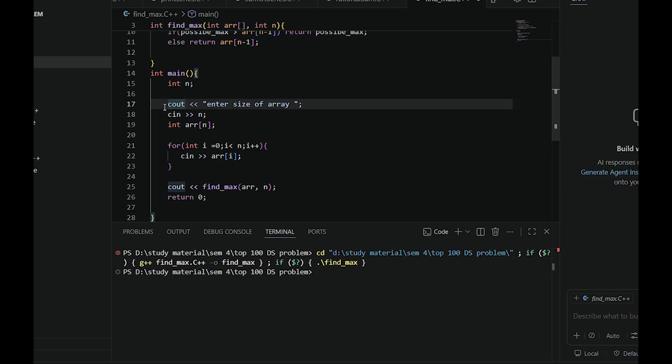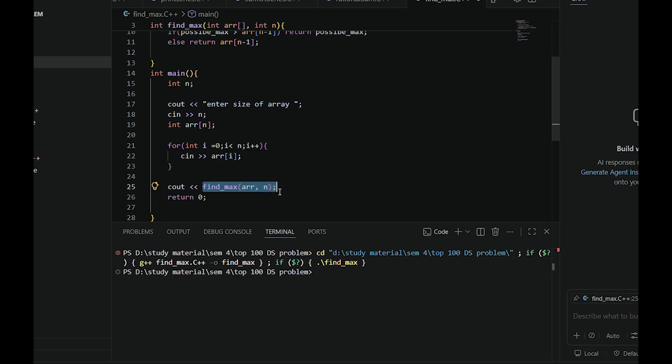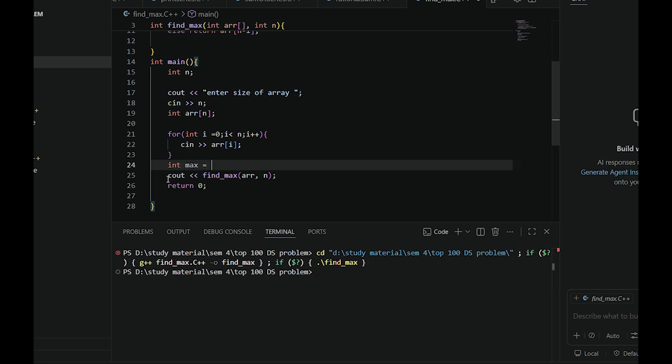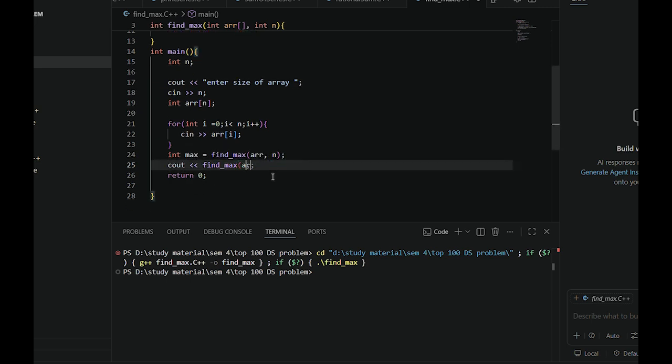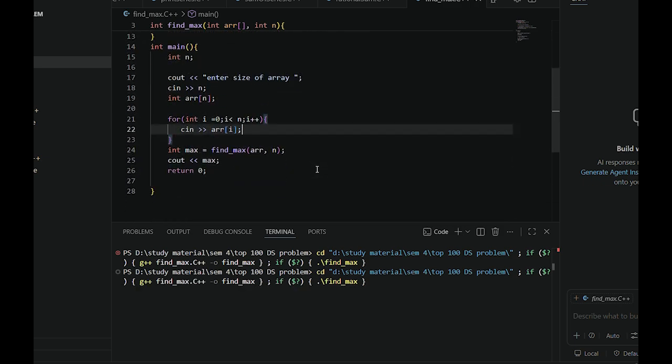Here we have taken the int value, enter size of array. Let's take another variable, int max, and max is here, return 0. Now let's run. Here it says enter the size of array. I'm giving 5, and now 7, 3, 9, 2, 5, and enter. Here is the 9,